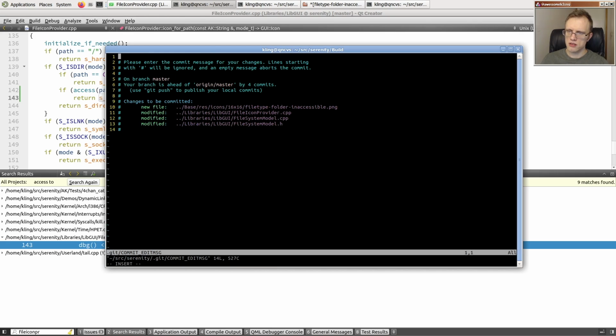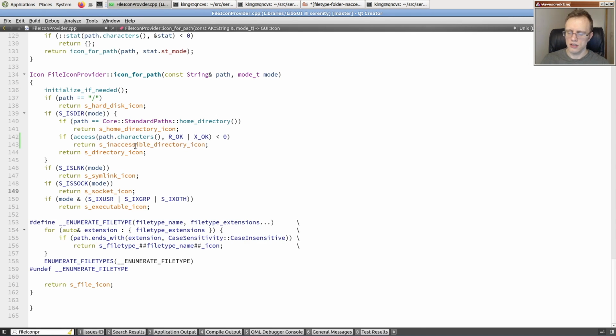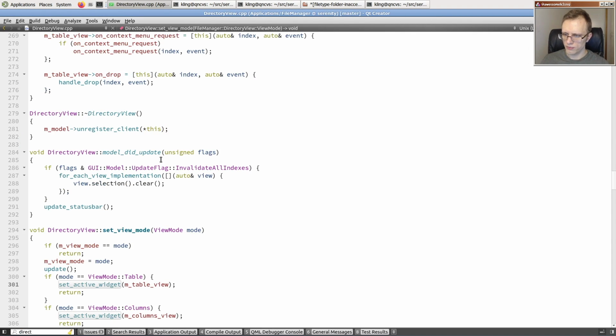Git commit: GUI plus base. Show inaccessible directories, a special icon in views. Yeah, that's essentially what that is. And then the directory view,